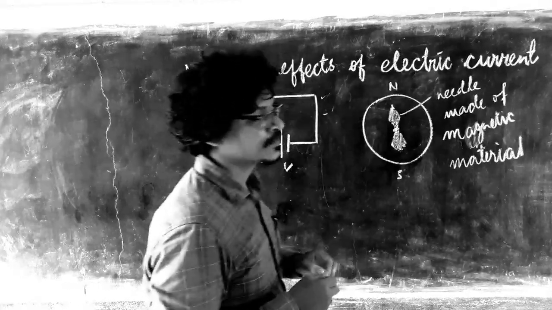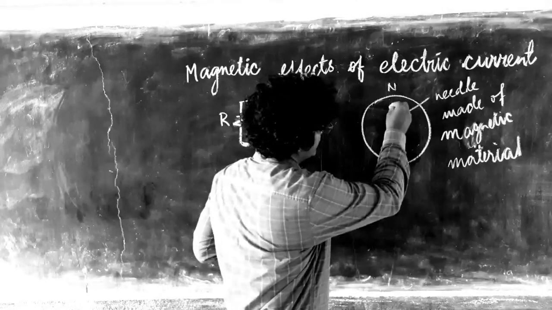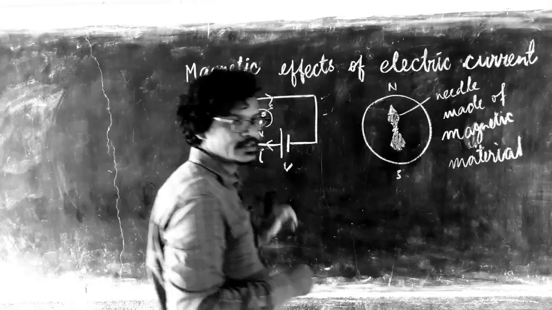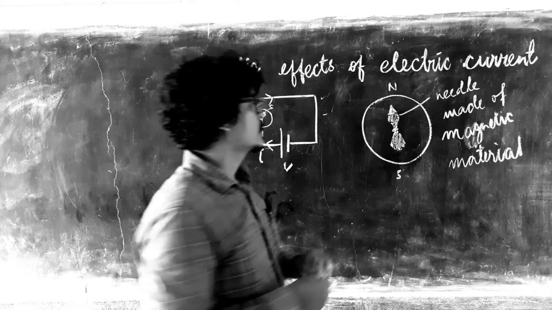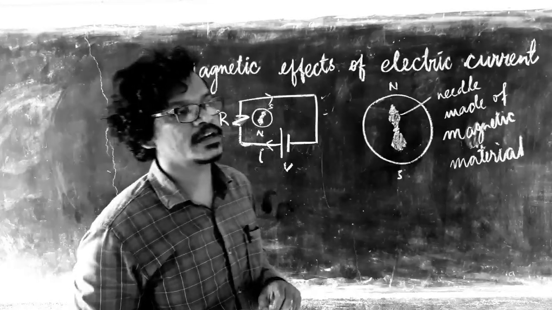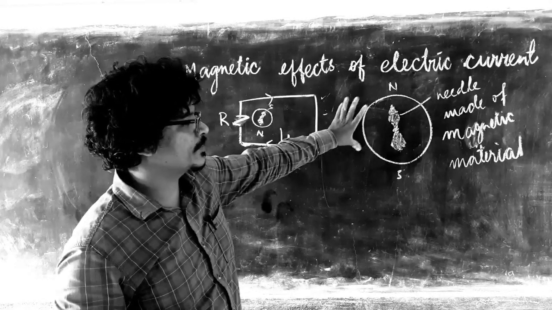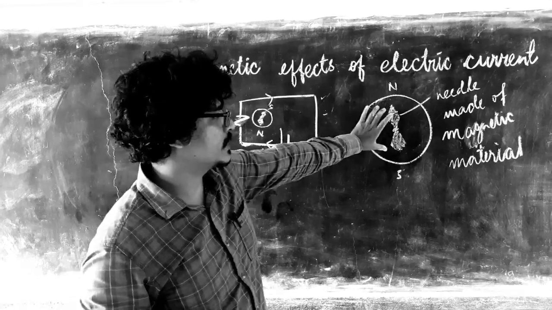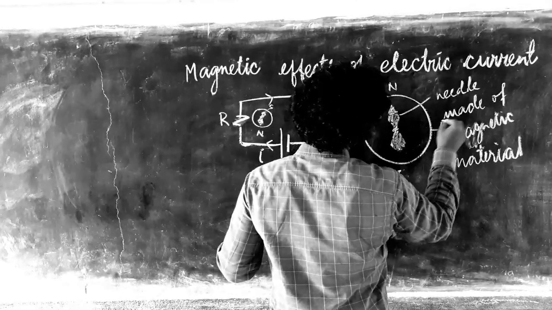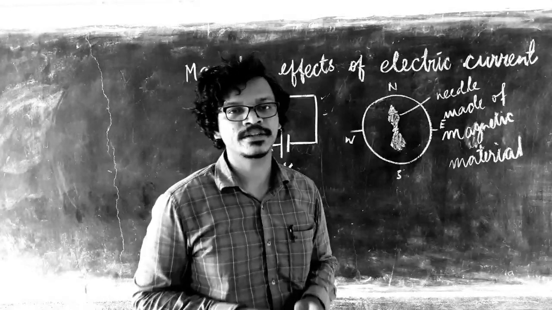Generally, in a magnetic needle, the needle which points towards the north of the Earth's magnetic field is colored red, so that you can understand which is north and which is south. So this is the magnetic needle, and this is the magnetic compass. North, east, south, west are written on it. It is used to detect direction.